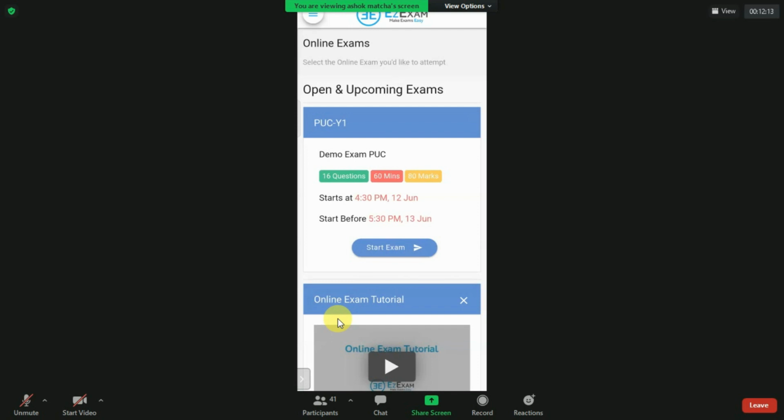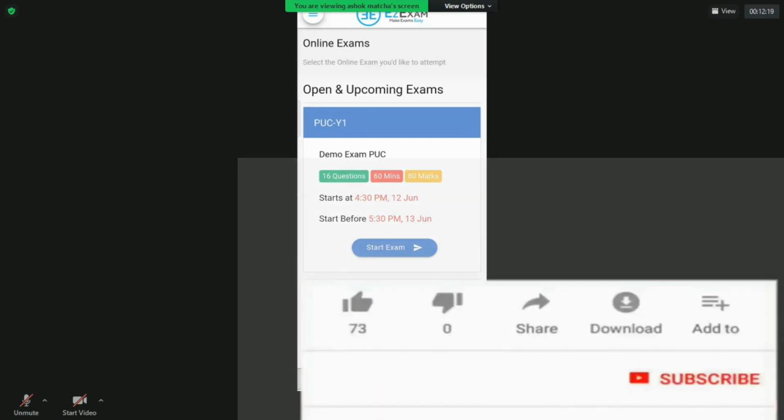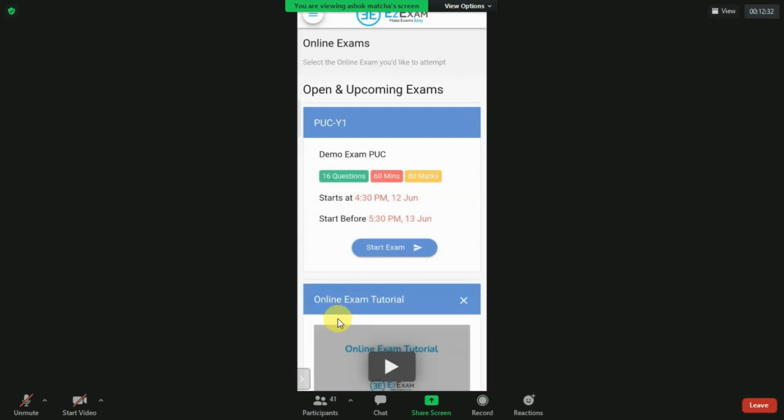So after login, you can see the examination as per the schedule, right? And once you start the examination, you cannot end it. It will be automatically submitted. Once submitted, whatever the result, however many questions you might have answered, that will be your final examination. So please be careful.